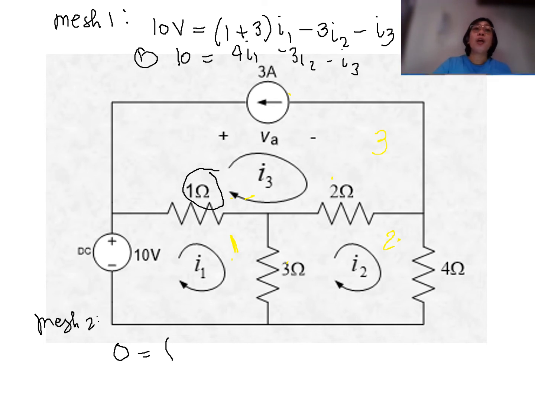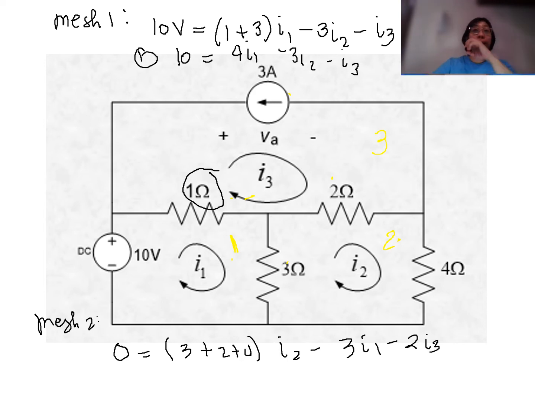You have here 3, you have here 2, and you have here 4. So we have here I2. And all other mutual resistances will be treated as negative. For example, we have minus 3I1 and we have minus